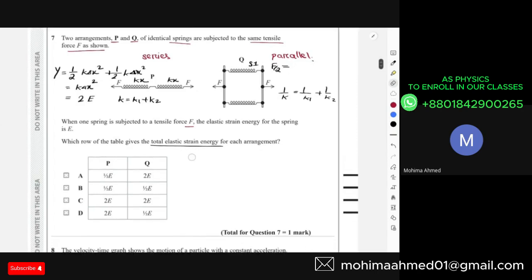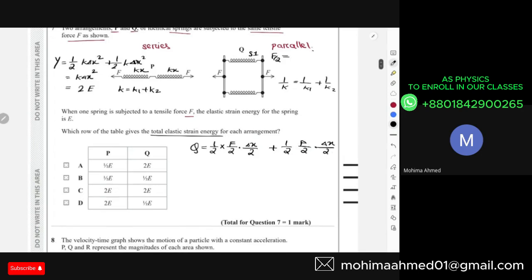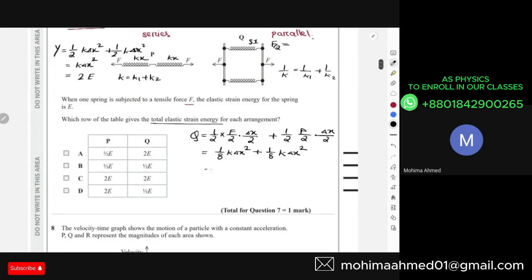So in that case, the equation for your Q is supposed to be half. For F, it was F divided by 2. For extension, this is also extension divided by 2, right? Extension is half, force is half, and this will be added with your half F by 2 and extension by 2. If I break down F now in terms of your Kx, I'm going to get 1 divided by 8 K delta x square plus 1 by 8 K delta x square. So for this 1 by 8 and 1 by 8, I'm going to get 1 by 4 K delta